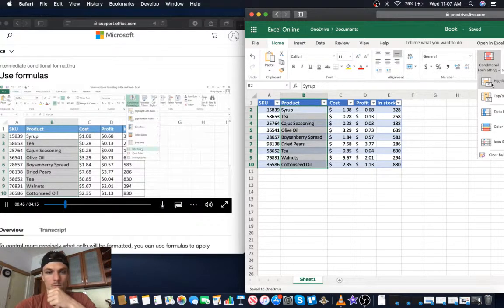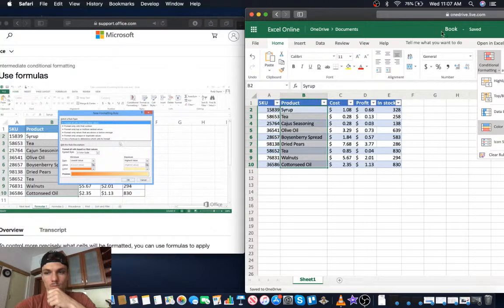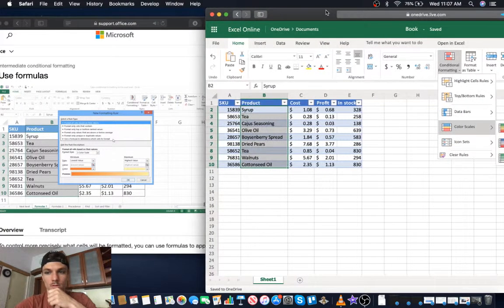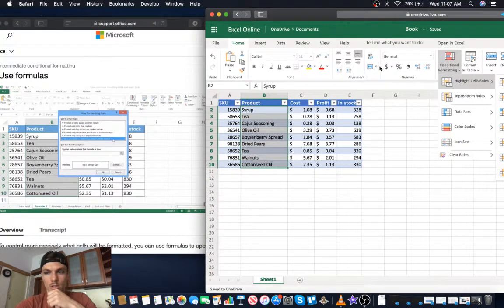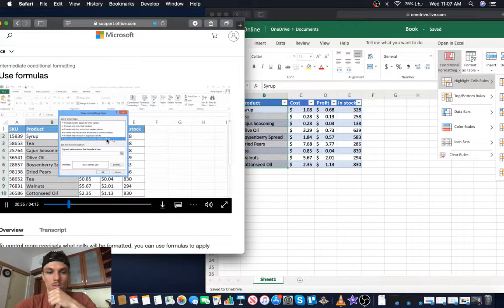Create a new rule. Select Use a formula to determine which cells to format. Since B2 is the active cell,